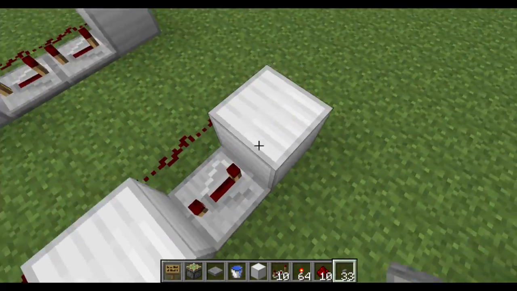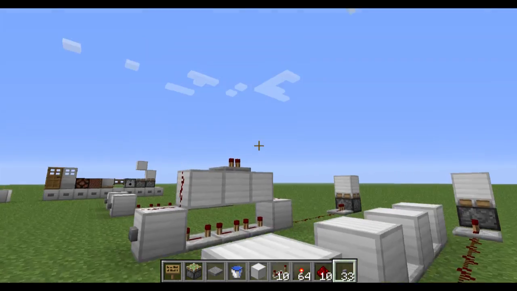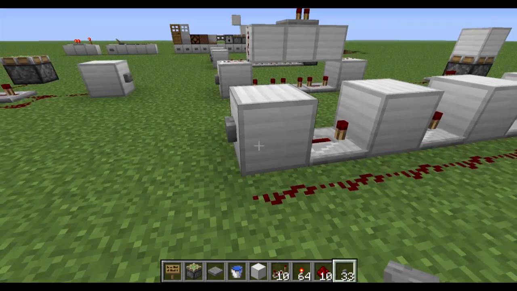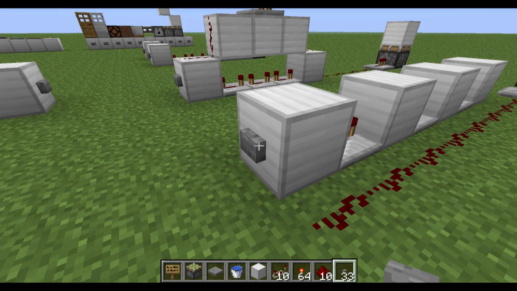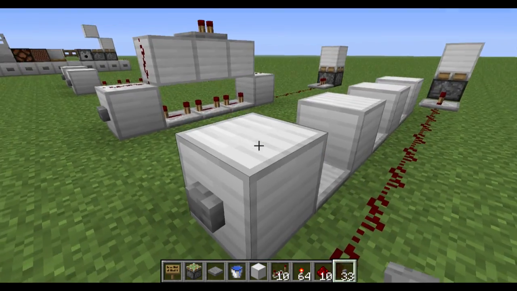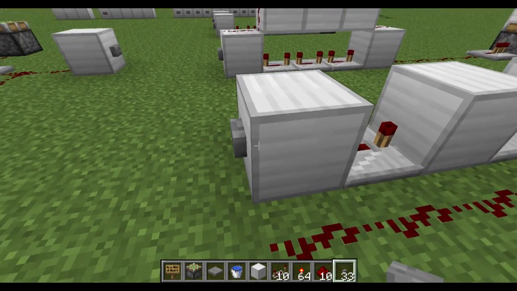Now here's another really nice one. This does the exact same thing, except it's a lot more compact. And what happens is you push the button, or you can use any signal you want that will power this block. So you can put a repeater into it. When you push it,